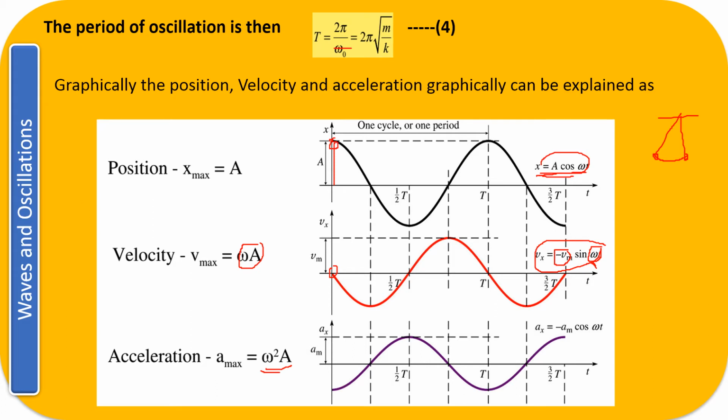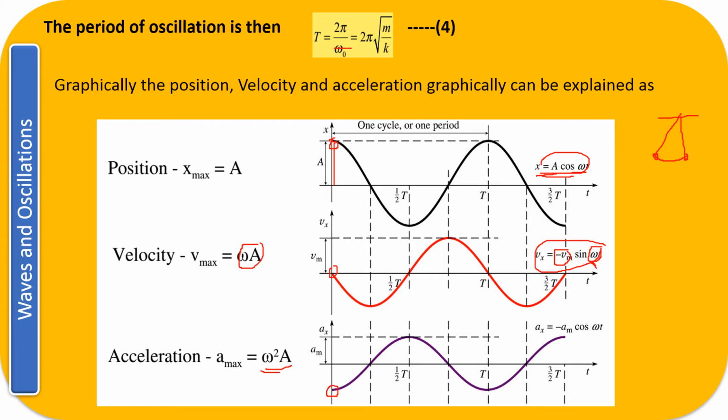So they are never together. And similarly, the position and the acceleration are at a phase of 180 degrees, right? So if you are comparing the position with the velocity and position with the acceleration, they are always in phase. Position and velocity, that is the displacement and velocity, are in the phase of pi by 2, and displacement and acceleration are in the phase of pi, right? So these are your phase relationships of the displacement with the velocity and with the acceleration, right? How this phase has come, this is what I am going to look into in the next slide.